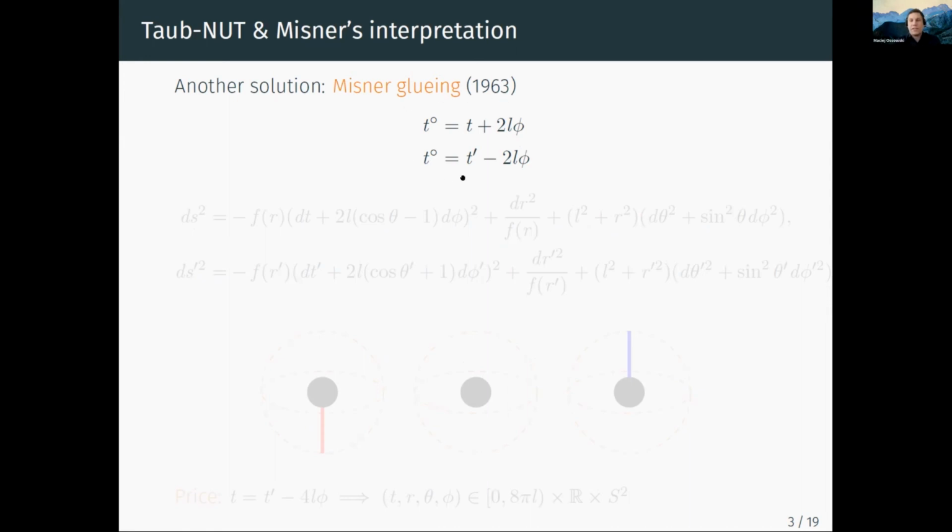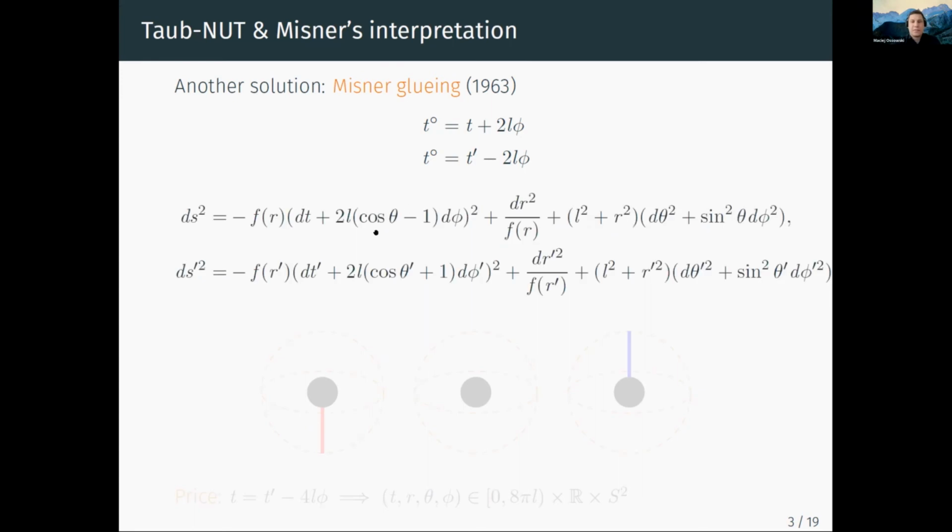So what he did was that he devised some new coordinates, and in those coordinates, our metric tensor, actually 2 copies of our metric tensor, takes this very similar form, but with the difference that there's a cosine theta minus 1, which is 0 at theta equal to 0, and cosine theta plus 1, which is 0 at theta equal to pi. So in those coordinates, those half axes are actually well-behaved and non-singular.